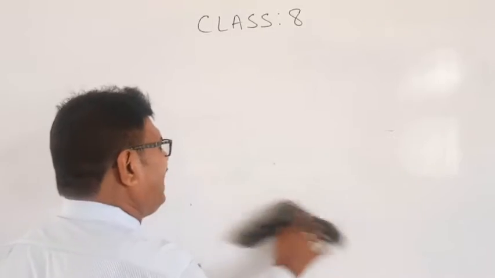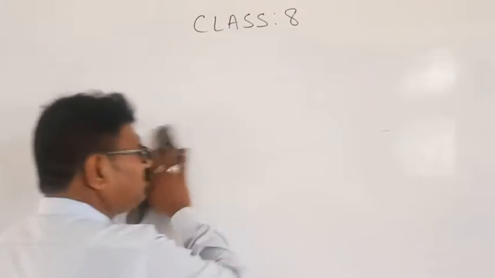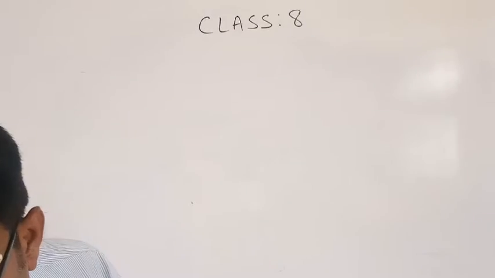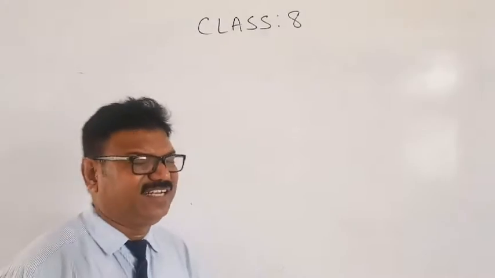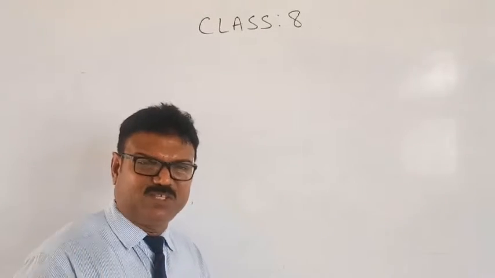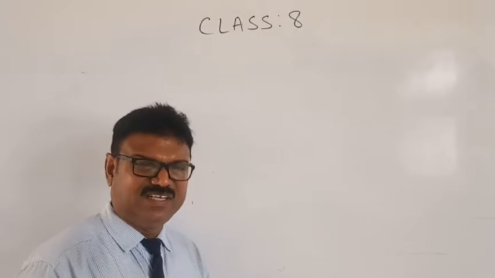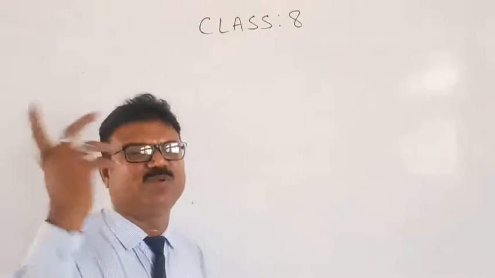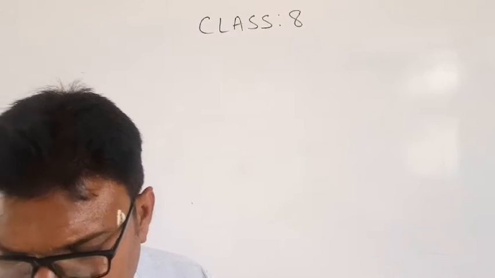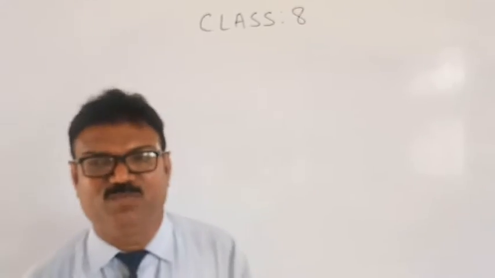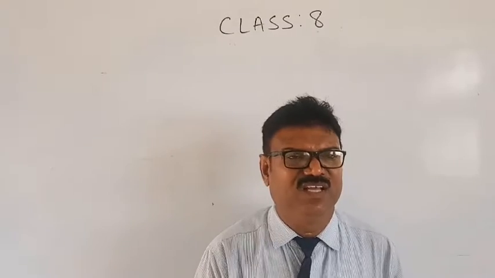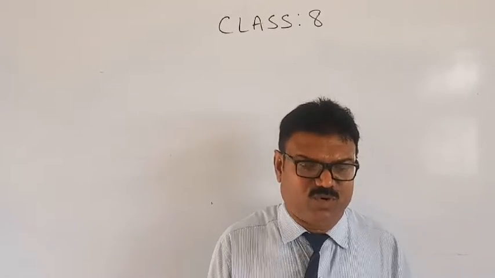Now see, fill in the blanks. Fill in the blanks you have to do by yourself. Very simple questions are there. 0 has dash reciprocal. 1 reciprocal, 2 reciprocal. How many reciprocals? 1 reciprocal. 0 doesn't have any reciprocal. Like that. One more: the numbers dash and dash are their own reciprocals. I told you before, only 1 and minus 1 have the same reciprocals.